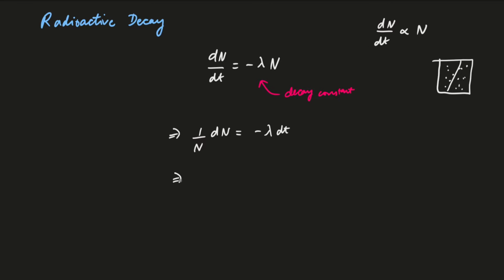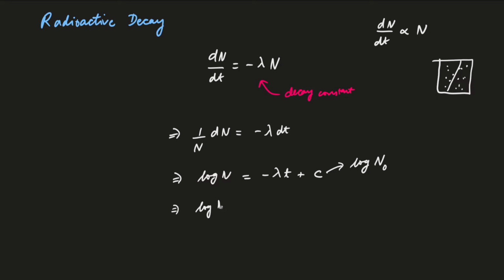Now we have to integrate this equation, and 1 by n is log of n is equal to minus lambda t plus a constant, the constant of integration, and remember, only one constant. Now I would like to modify this constant into this log of n naught. This is just another constant, and it is just, you can say, a fancy way of writing this. But this fancy way helps us to simplify this equation further.